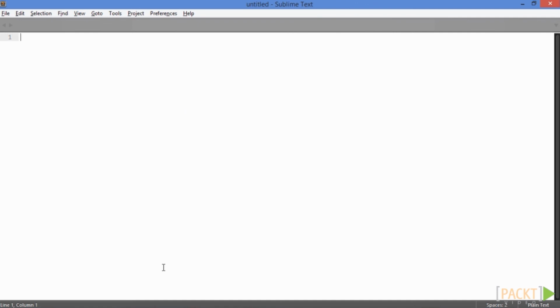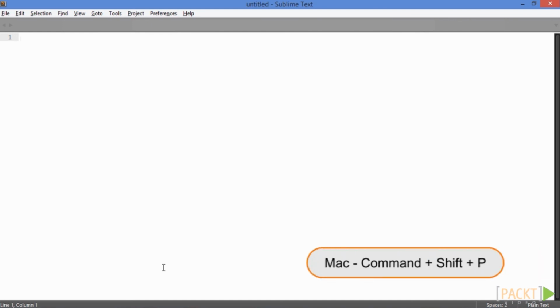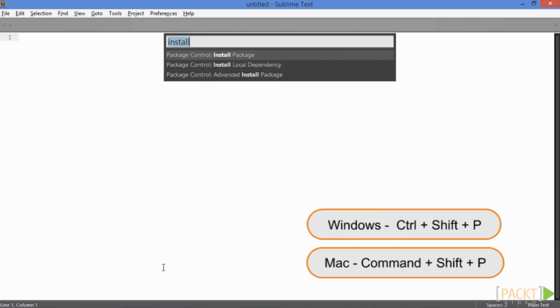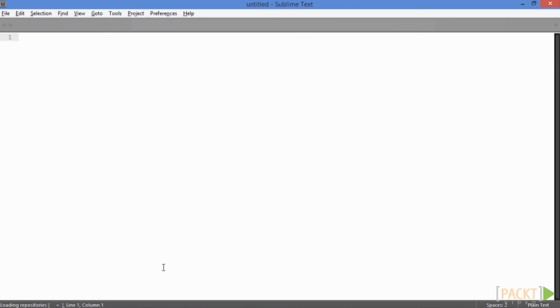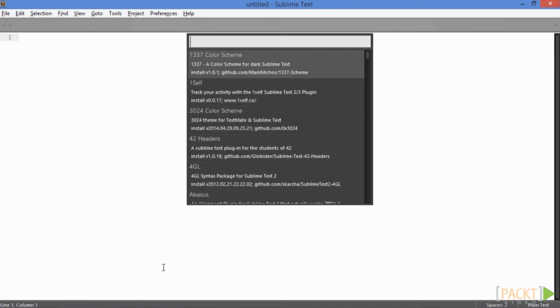With Package Control installed, we can get some packages that will really aid in development. To install a package, we just press Command-Shift-P, or Control-Shift-P if we're on Windows. We type install and press enter when you see Package Control: Install Package selected. Type in the name of the package to filter and press enter to install it. The first package we're going to install is